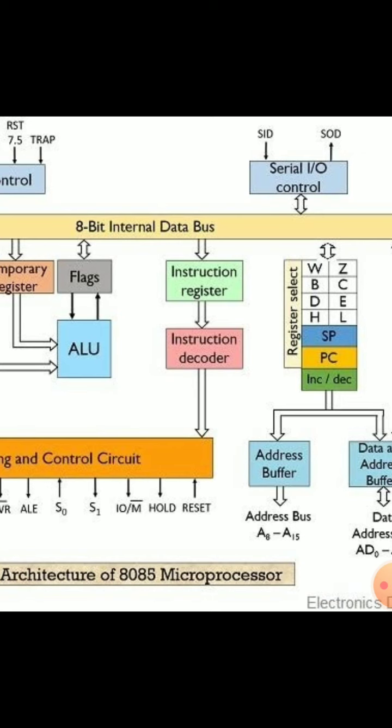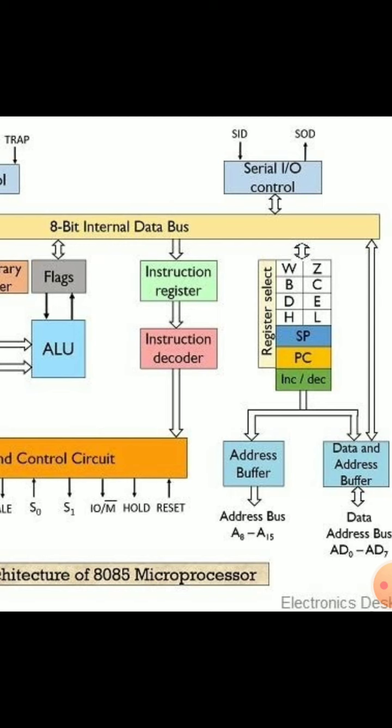The opcode field, that instruction, is first moved to the instruction register. The instruction register will decode the particular instruction after receiving the opcode from the memory. After decoding, it decides what type of operation has to be carried out, whether a move operation, store operation, load operation or addition operation. That is decided by the instruction decoder only.